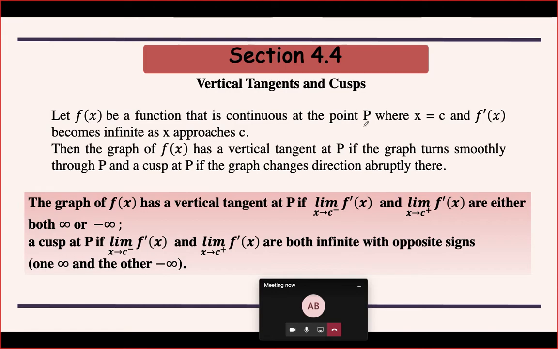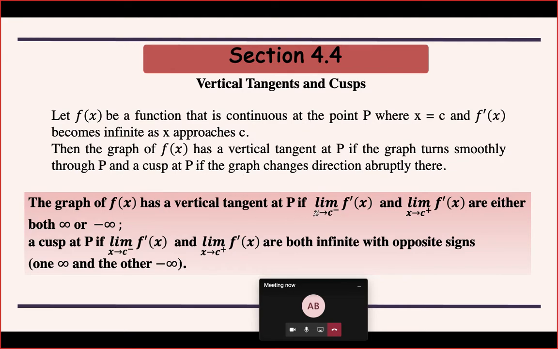First, there should be a point P on the graph of the function at which the function is continuous. Remember this part. Why is this important? Can anyone tell why your function should be continuous? Because if it is not continuous, it cannot be differentiated. Yes, we will not be able to differentiate the function if it is not continuous. In order to check something regarding the derivative, and not the function, the derivative will exist only if the function is continuous at that point.